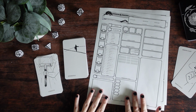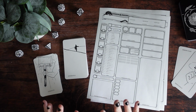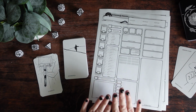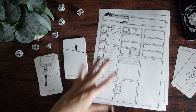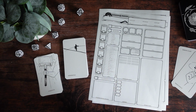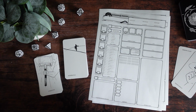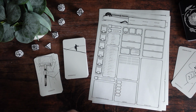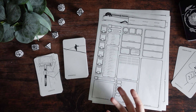Okay, so I was playing with the idea of using the True Sight Oracle as spread positions. So I want to show you that, and it's based off a D&D character sheet. So you'll see as we go through here, a lot of the cards in the True Sight are actually based on things that we find on a D&D character sheet. So I thought this would be really cool to divide them all out and to actually do a reading for myself based on these ideas that we find, these characteristics and these traits and these proficiencies that we find in a D&D character. So I'm going to treat myself like a D&D character,